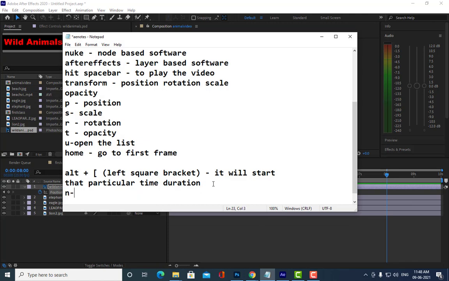To end the duration of the composition at the current time indicator.